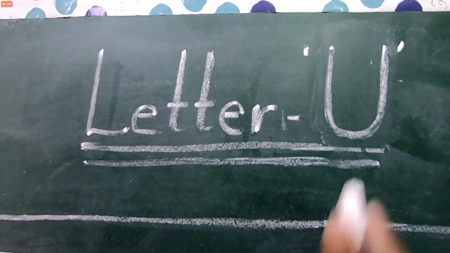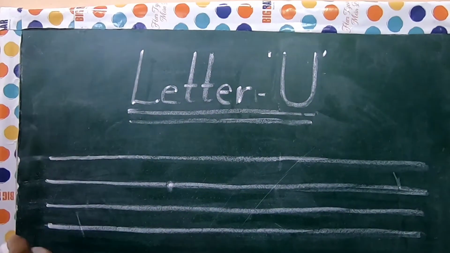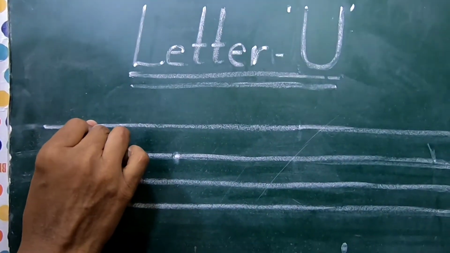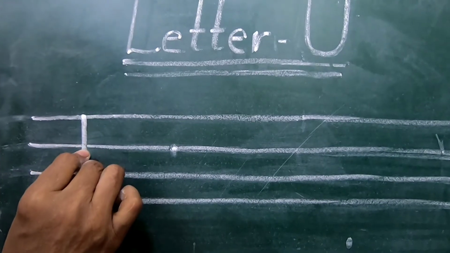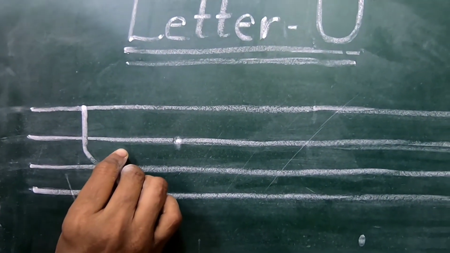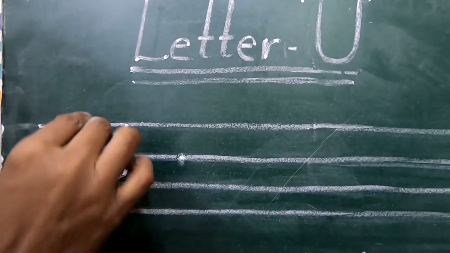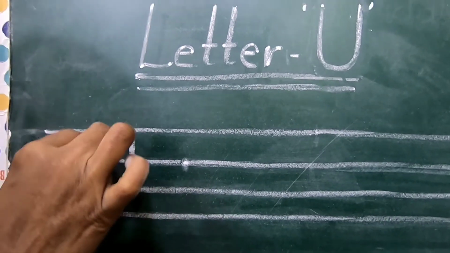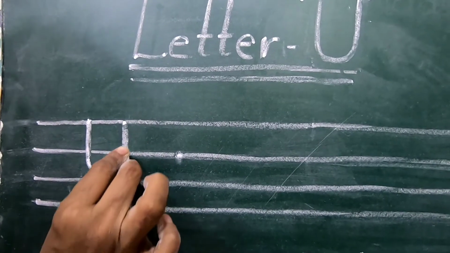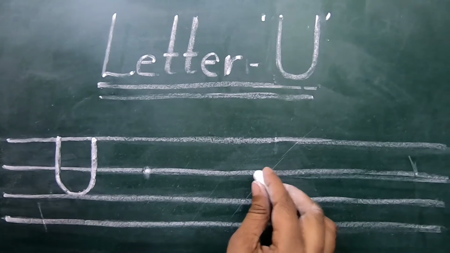Next letter is U. It's very easy because we have already done this in patterns. So we will start from the front line, make a standing line and take a turn from here, then go upward and again touch up to the front line. Just make an upper curve from this front line. You have to touch the base line and go upward up to the front line. This is capital U.